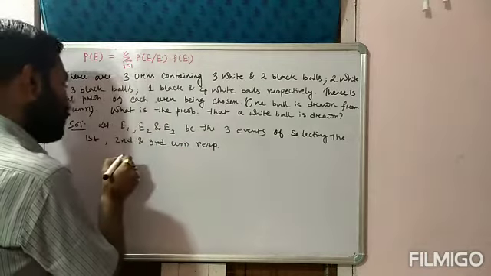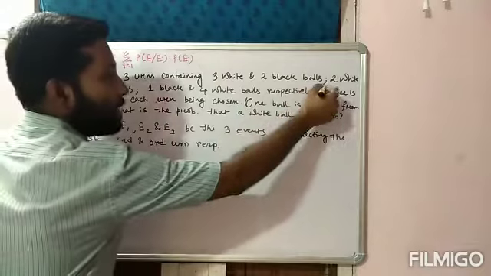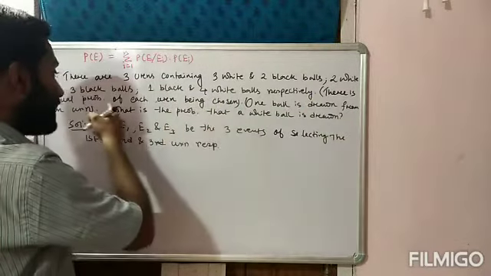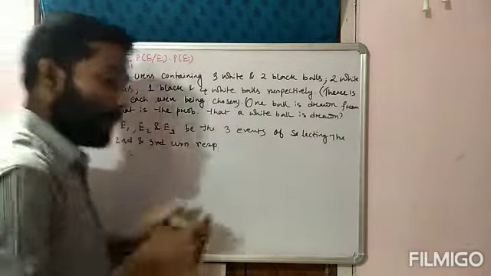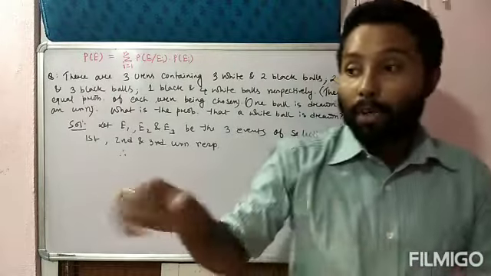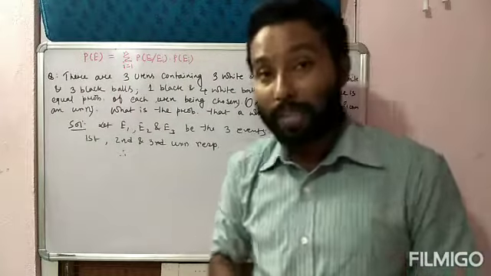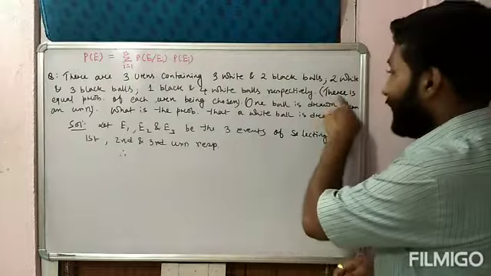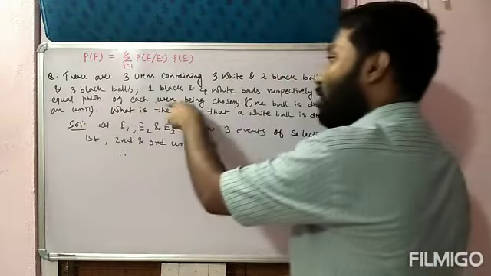Therefore, since first of all you have to select an urn, because if you don't select the urn first, then from where will you directly select the ball? So first of all you have to select the urn, and the condition is